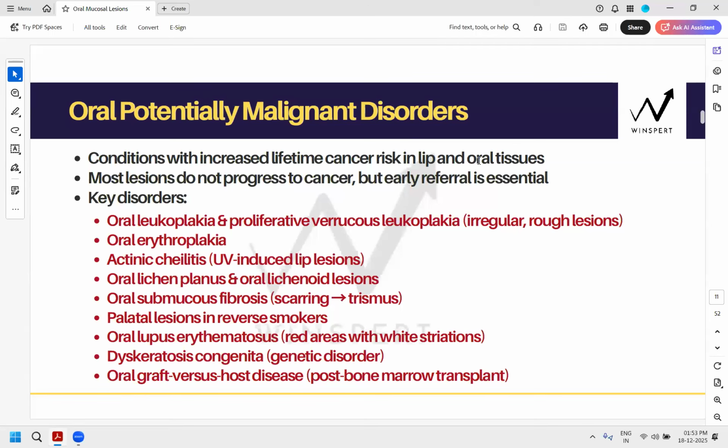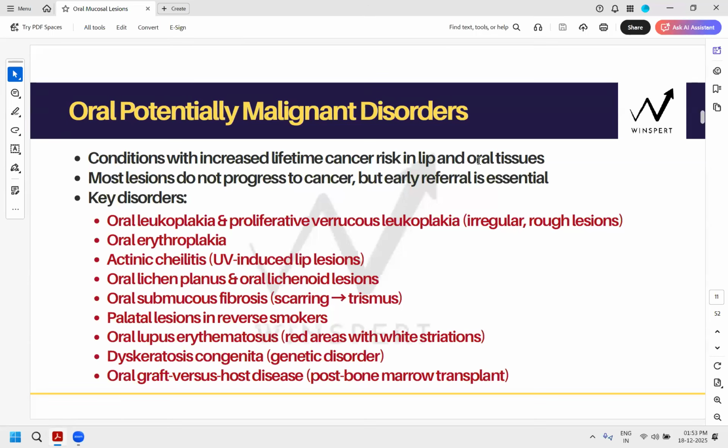Now this potentially malignant disorder list puts you at a consideration of considering the lesion for oral cancer. So that again will require specialist referral. And specialists, when they start treating OLP and oral lichenoid lesions, require steroid treatment. So they always first take the biopsy, rule out the oral cancer and other conditions, and then start the treatment.